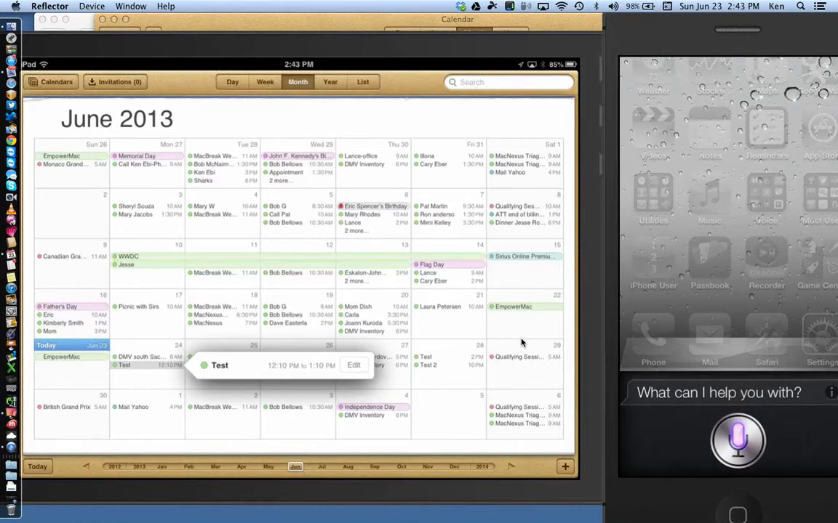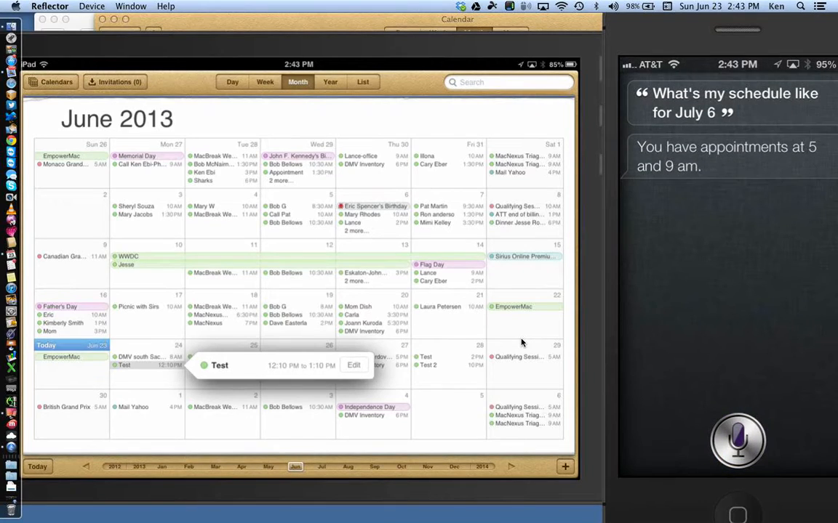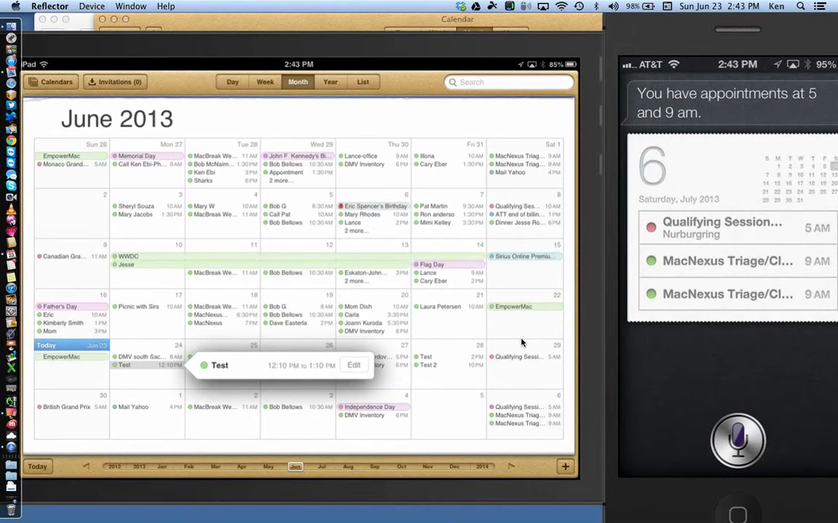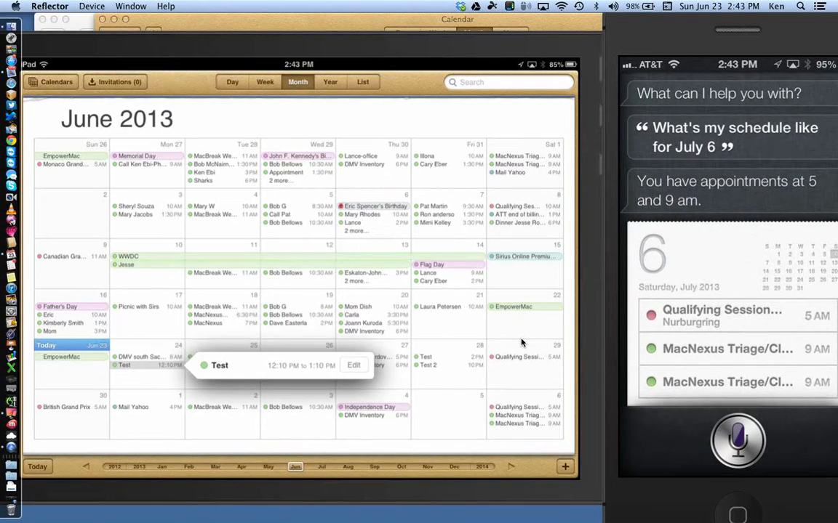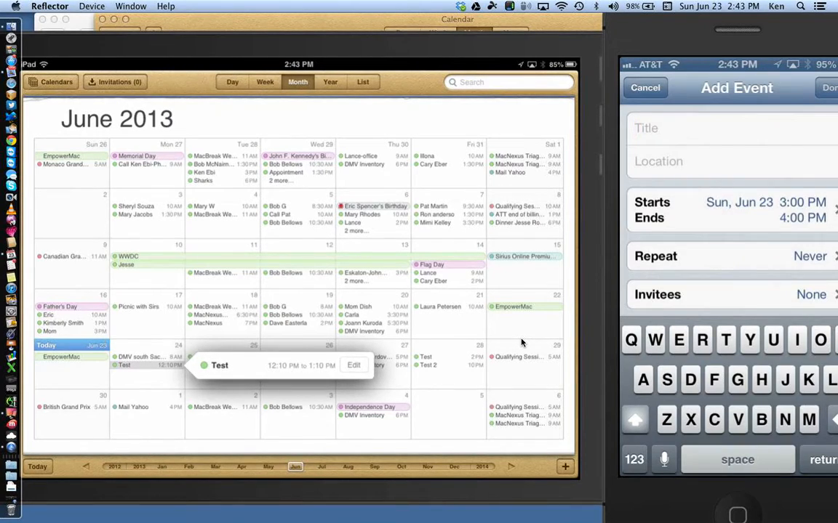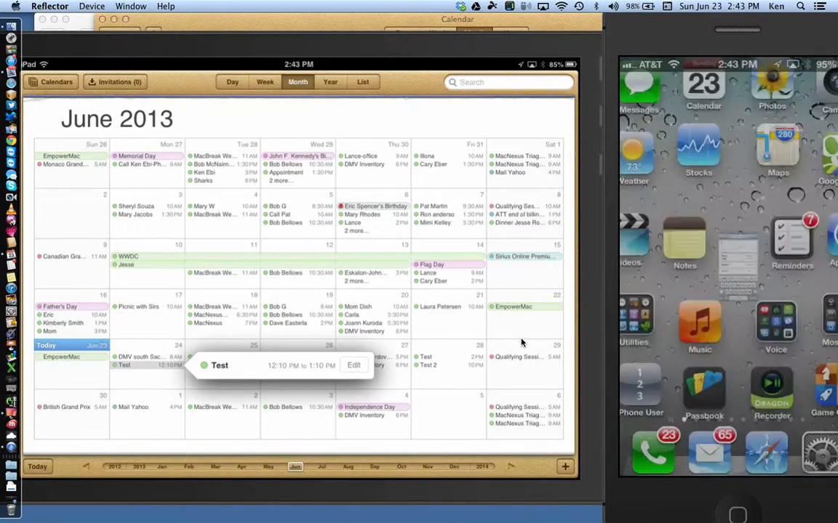What's my schedule like for July 6th? You have appointments at 5 and 9 a.m. 5 a.m. Qualifying session. At 9 a.m. Run. And if I just tap on the screen where that is, she takes me right to the calendar. Even better than that,